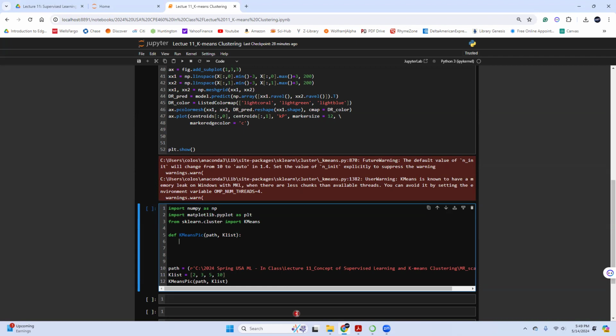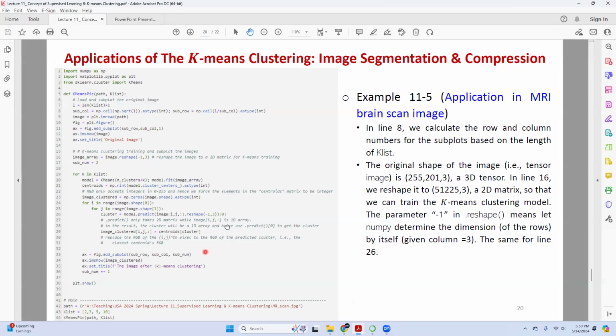First of all, I need to load the map, the image. Sorry about it, forgot. Oh, okay, here. I somewhat make the problem more complex because here I believe I'll read the length of K list. Okay, gotcha.